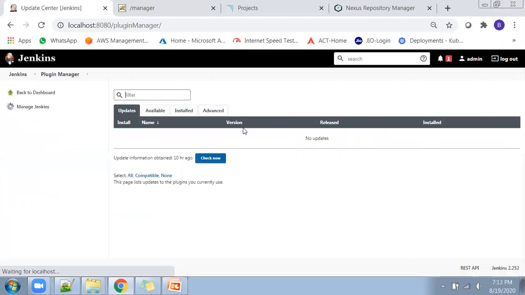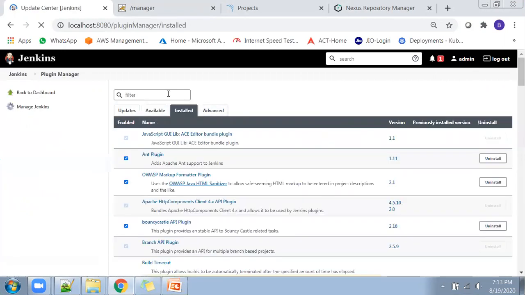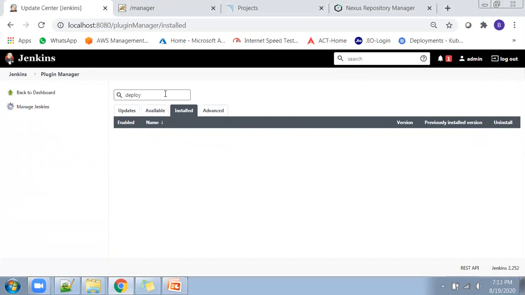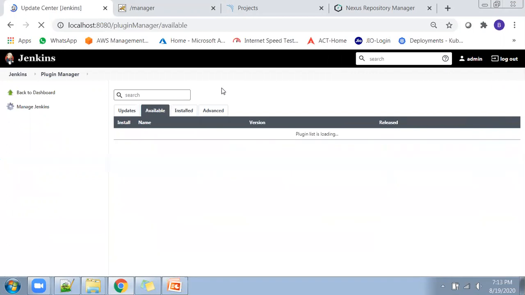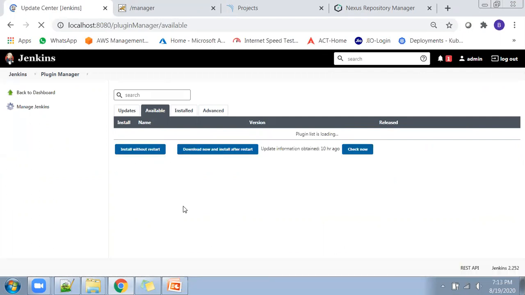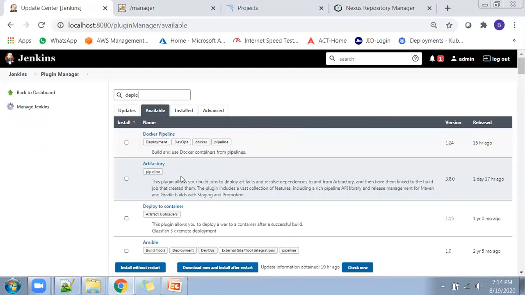Let me go to manage plugins and click on install, and I will search for deploy, and I don't think so. Yeah, that is not coming, means it is not installed. So we can install from the available section. In the previous version of Jenkins, we could see all of the available plugins as a drop down. But this version of Jenkins is not showing the whole list, or maybe they have done some update. Whatever plugin you wanted to install, you can simply type here, and after a couple of seconds, it is getting displayed. See, deploy to container option is available.